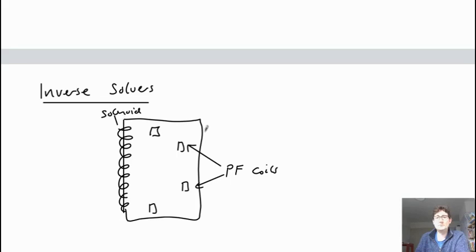Obviously, we have the toroidal field coils around the outside, but the point is we know what these coil currents are. So the coil currents, we might have Mirnov coils. These are a kind of coil designed to measure the magnetic field. So we might have coils which are situated outside the plasma. You might have a set of coils, which again might be a number of them down through the center column as well. These are just outside the plasma. These are Mirnov coils.